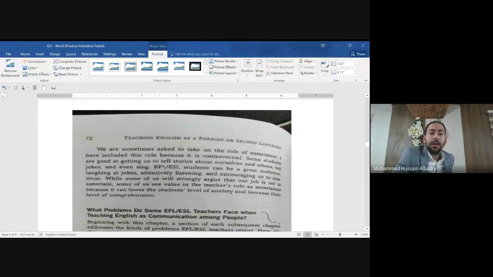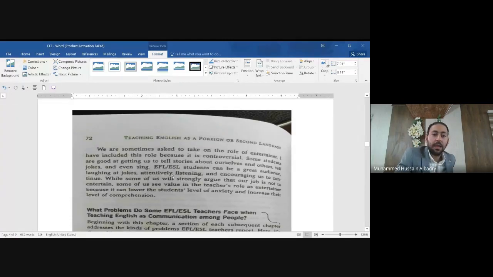Another role that the teacher can play is the role of entertainer, from entertainment, someone who entertains. Some students are good at getting us to tell stories about ourselves and others, tell jokes, and even sing.